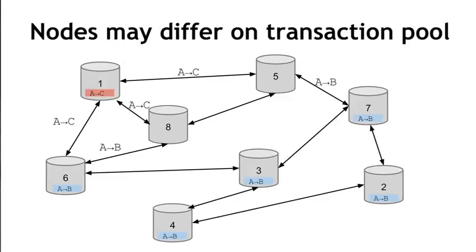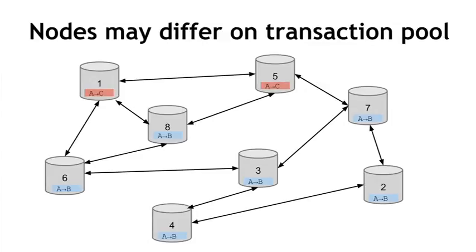Now the neighbors that haven't heard the conflicting transaction yet will add it to their transaction pool. Whereas other neighbors, like node 6 in this example, they've already received a transaction where Alice is trying to pay Bob. So node 6 is going to say, I don't want to hold two conflicting transactions in my pool. I'll just keep the one I already have. The network may end up in a divided state here, where different nodes have a different view of what the pending transaction pool is. But that's fine. These transactions haven't been published in the blockchain yet, so this is just a temporary state where nodes disagree on which transaction should be put into the next block.